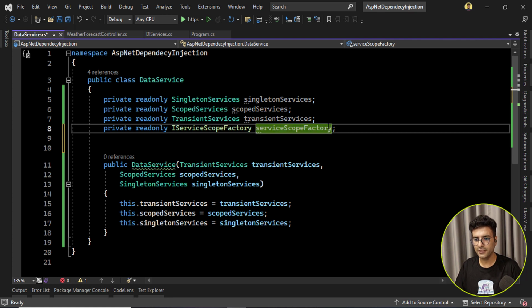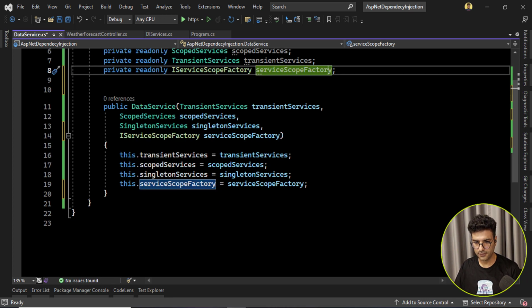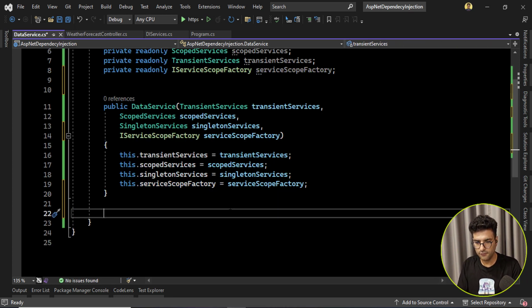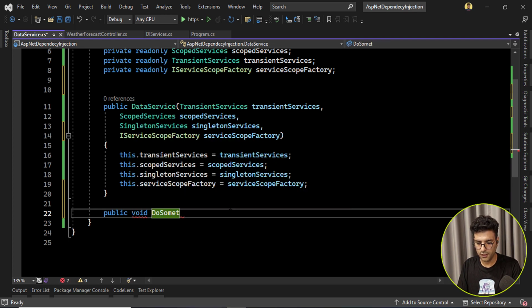This interface came exactly for creating scopes in ASP.NET. Okay, so if I just add it to the constructor, and simply put a method here, do something for me,